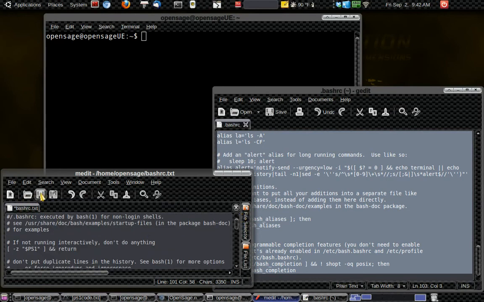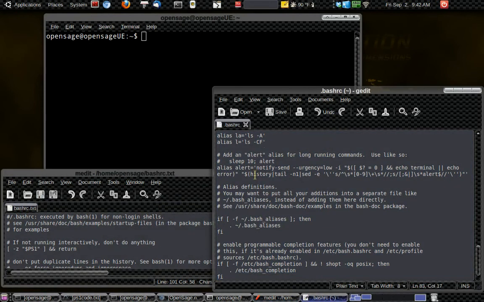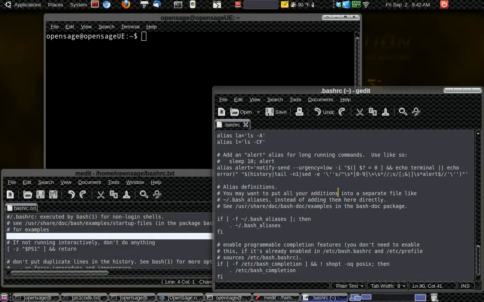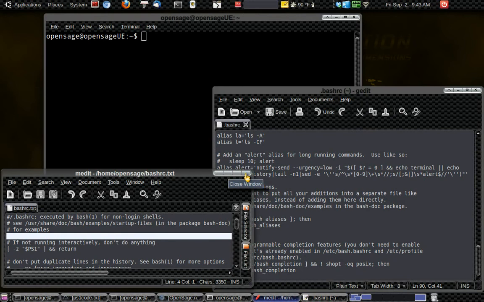And the first thing we're going to do with that before we do anything else is do a save. And the reason for that is we're going to be making changes to this .bashrc file. So if we ever make a change and we can't seem to undo it and it messes things up, we'll always have an original copy available to us so that we can copy it back into this folder, and everything will be just as it was before we started messing around with it. Okay, so more or less we just backed it up into this txt file, and it's like the original copy there. So we can close that out,